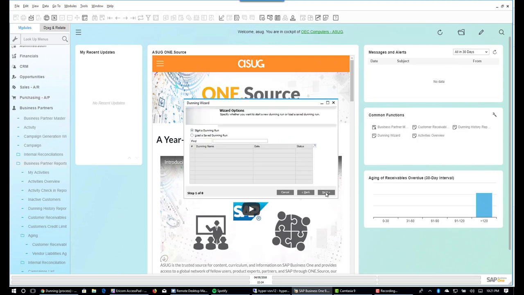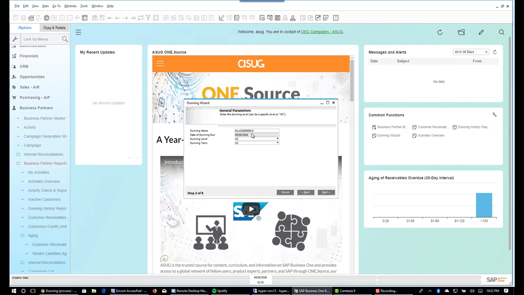All right, so again, just a little bit of a preamble there explaining it. Now, anytime you see a wizard, you're probably familiar with the fact that the wizards will allow you to create a new set of parameters for that particular function, in this case dunning, and it can give you the ability to start a new dunning run in this scenario based on the parameters that you're going to put in. Or if you've done this before, you can save those dunning parameters and run them over and over and over again. So I'm going to go in here and I'm going to say that I want to start a dunning